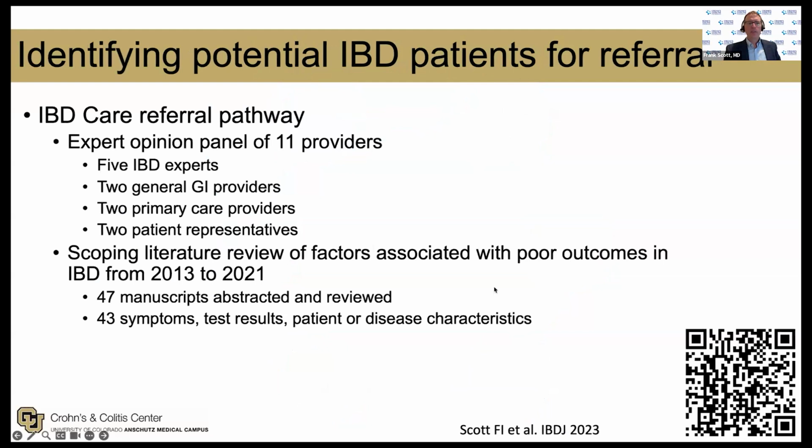We did try to put together some criteria, using similar structures that we saw before from Red Flags Index and IBD Refer, that could help us identify the patients who might be most interested in getting referred to us, either for a one-time visit or for continuous care. To do this, we convened a panel of 11 providers. 5 of us were IBD experts, 2 were general GI, 2 were primary care, 2 were patient representatives, and then we conducted a scoping literature review